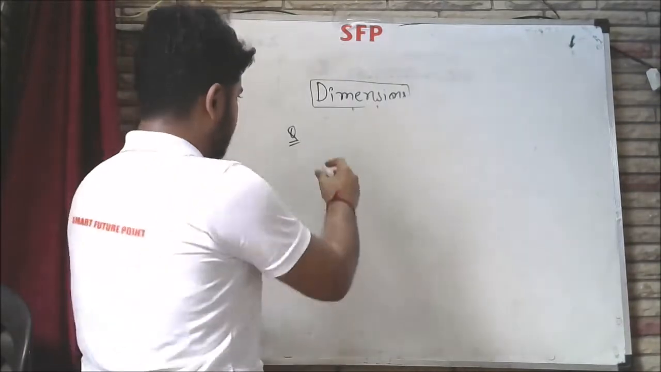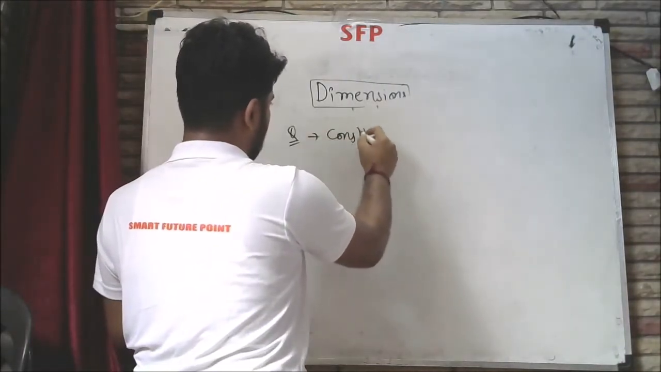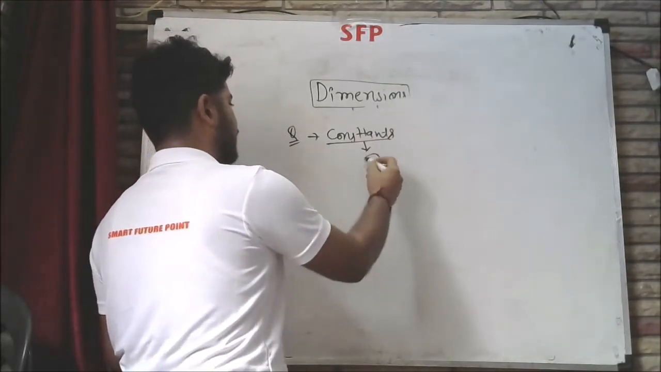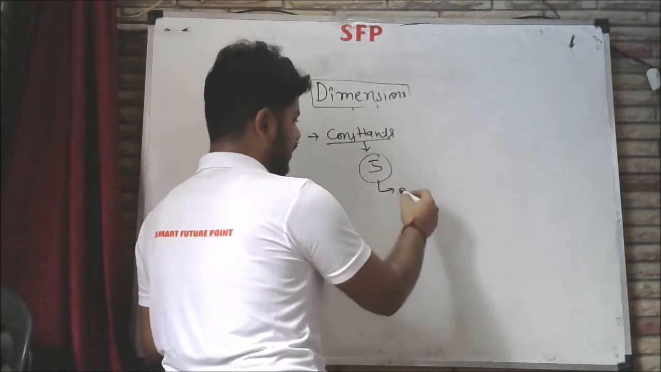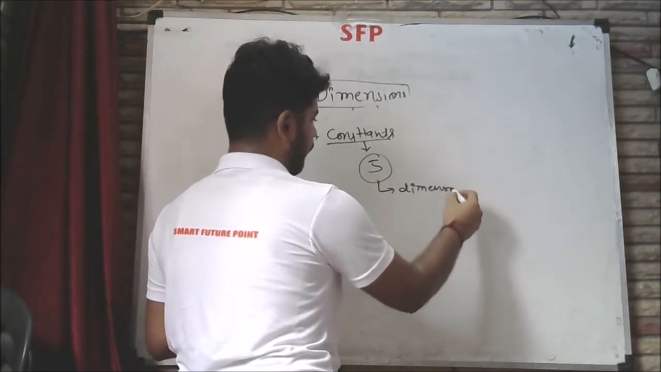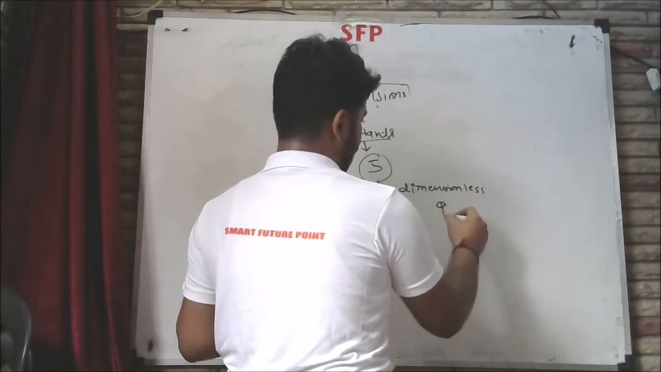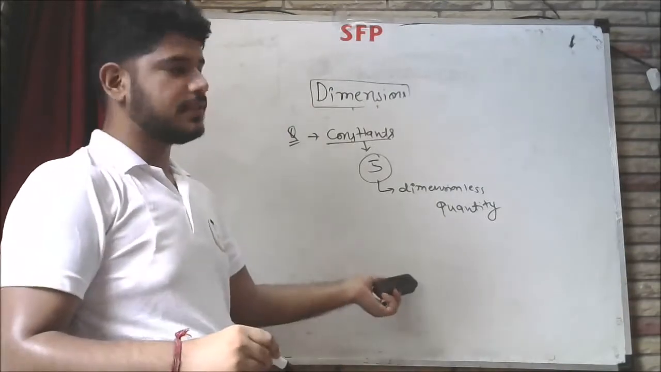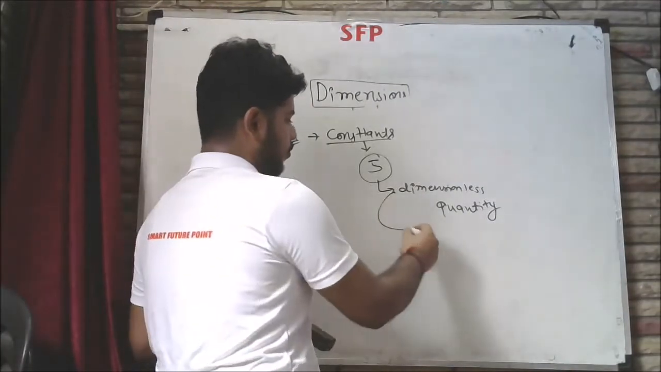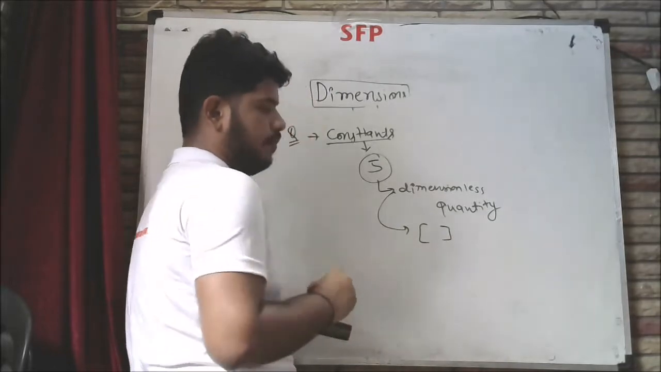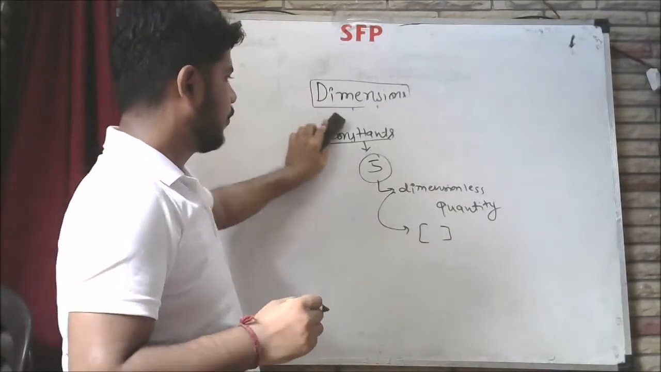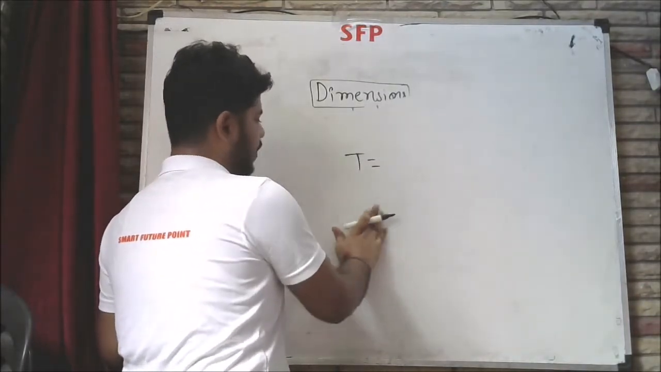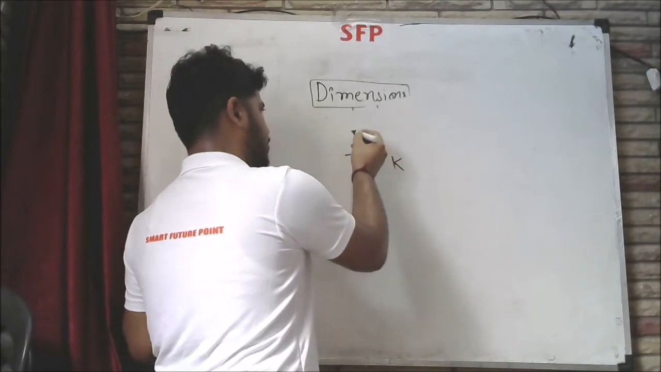There are some constants. Like if I say a number 5, what is the dimension? So it is a dimensionless quantity. It is represented by just a big bracket. Fine. So if I say that the time period, T representing your time, is